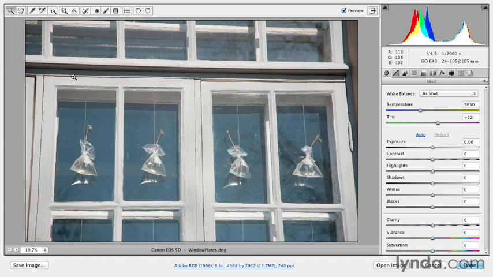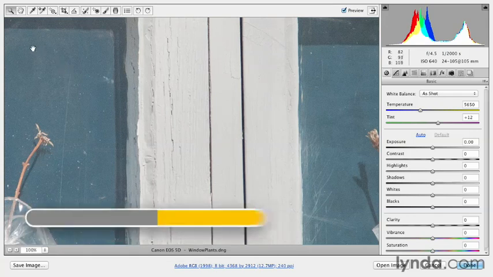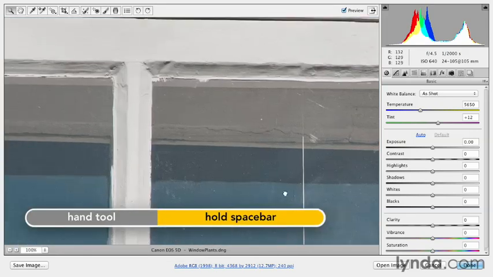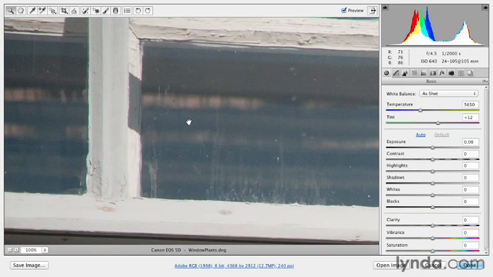I'm going to zoom in here, and I can do that with a zoom tool, or I can use Command-Option-0 or Control-Alt-0 on Windows in order to zoom in. Then I'll hold down the space bar. That gives me the hand tool, and we can just scroll over to the top left area of our image. Because this video is going to be compressed, I can see the chromatic aberration here, but I really want to make it stronger. So I'm going to increase the saturation of the entire file to make sure that we can